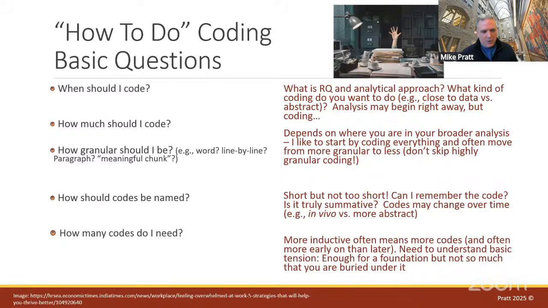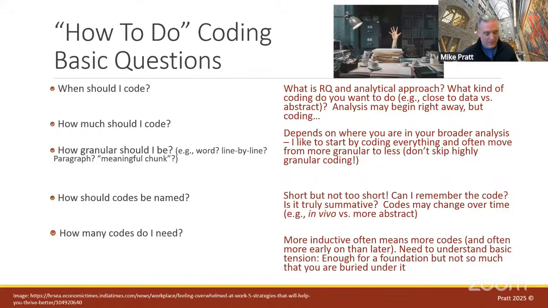Well, then I'm probably going to want to go through those codes and ask, am I using the same code or similar codes? Do they mean the same thing? And I'm going to start to aggregate my codes, because we do have a cognitive limit on how many codes we can work with. So the tension is having enough for a foundation, but not so much that you can't make sense of them. I tend to find it's probably better to have too many than not enough.